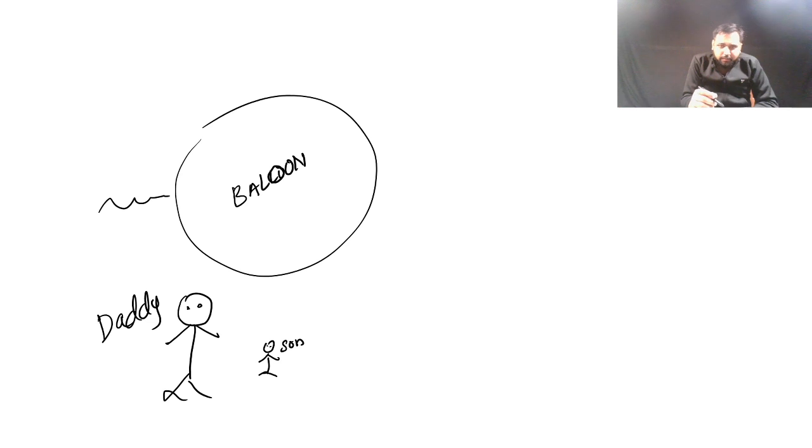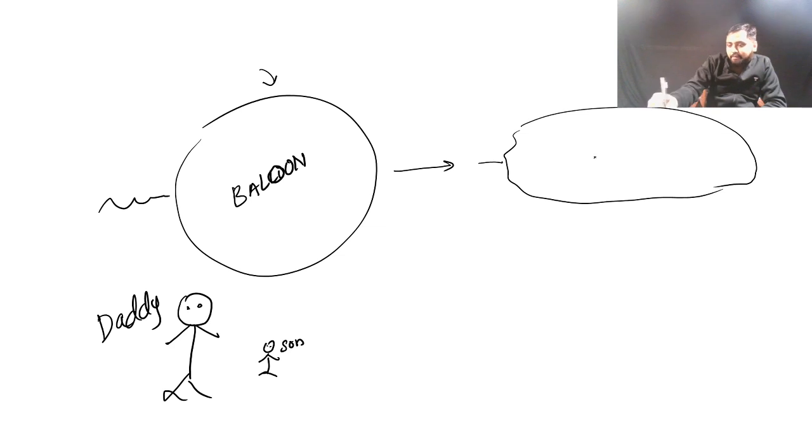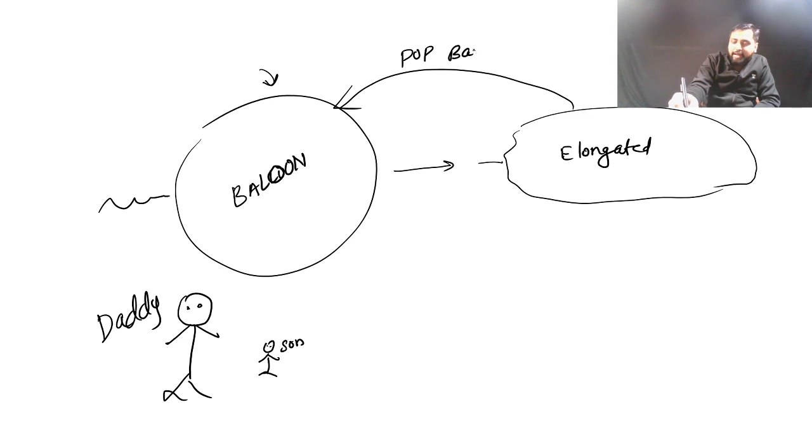Now in one case, take a high speed camera and record this whole situation, right? Take a balloon. Now make the daddy sit over the balloon. No doubt the balloon is going to elongate. Now the balloon will become something like this, elongated. Now daddy was sitting here. Now daddy comes down. He is no more sitting. So what will happen? This elongated balloon will pop back to its original shape. There will be a time taken